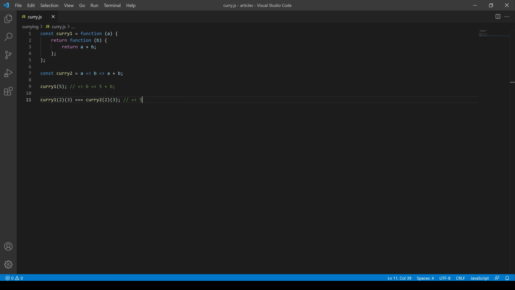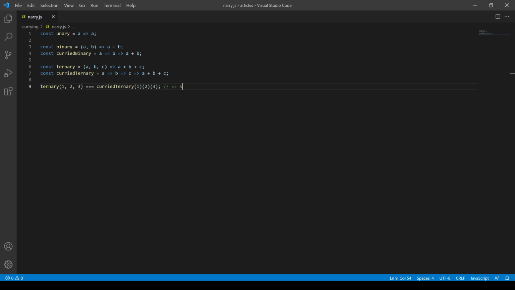Curry2, written by using an arrow function in JavaScript, is certainly shorter and easier. Each arrow in the arrow functions returns everything defined after it, and you can use as many arrow functions as you want. Currying is simply the process of replacing an n-ary function with multiple arguments by a sequence of functions,